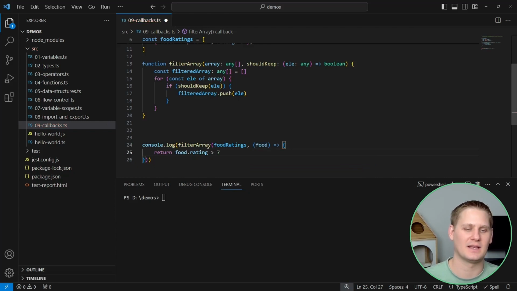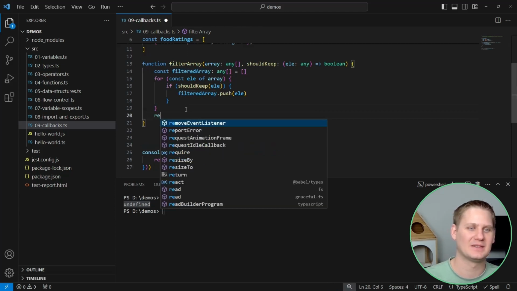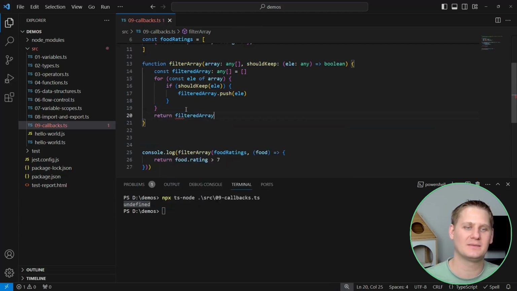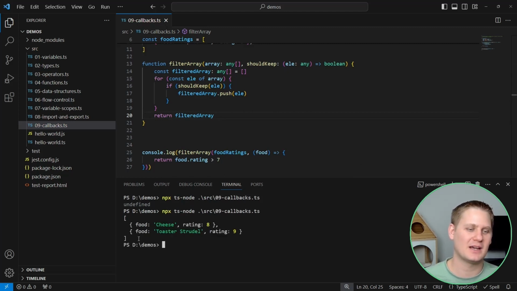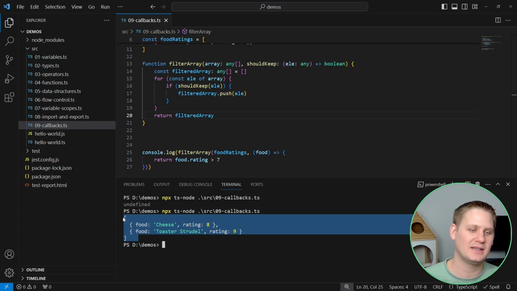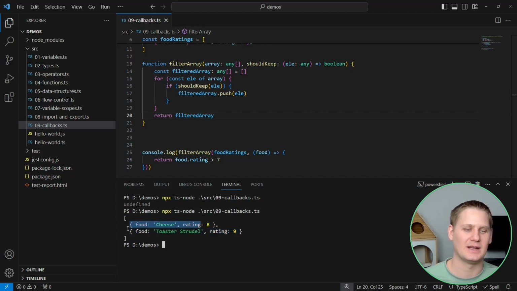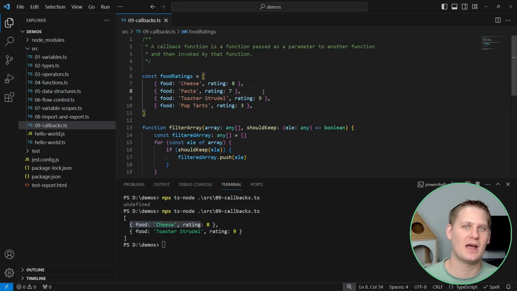greater than 7. And now when we run our code, we should get the same results, but we actually got undefined. And looking back up at our code above, it's because we forgot our return statement. We need the filterArray function to return the newly created filtered array. So we'll say return filteredArray. We will rerun this code. And this time we now have the same result as previously, where we got our food cheese rating 8 and toaster strudel 9. And we do not have our other foods, which have a rating less than or equal to